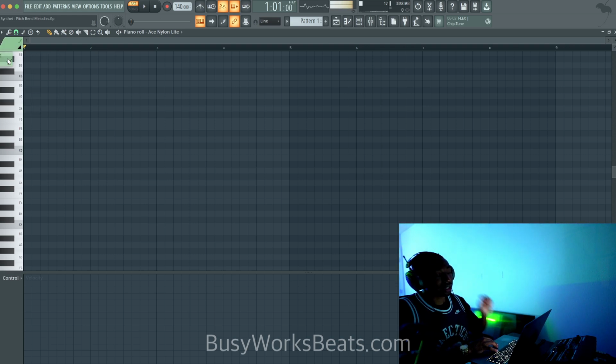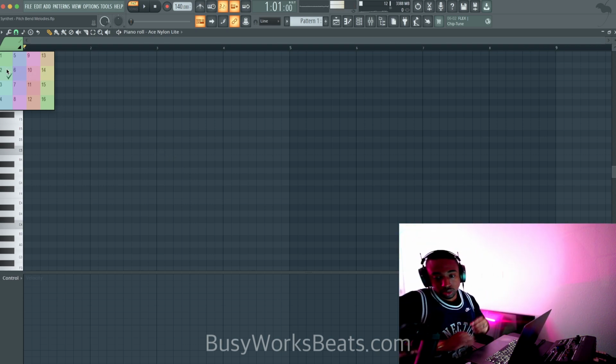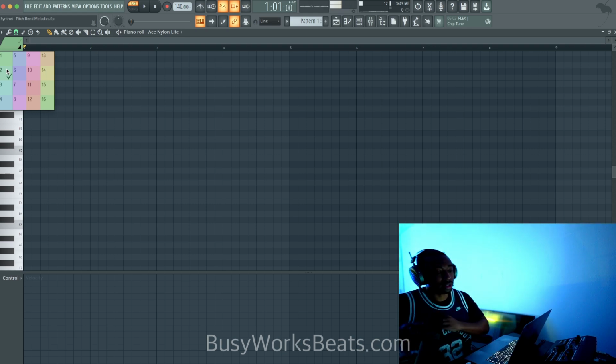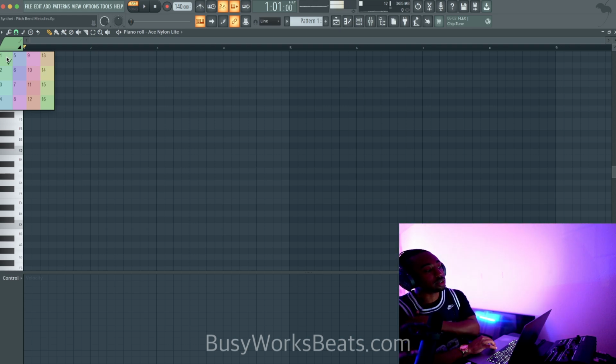Let's left click. And again, do not get used to this if you don't understand that this only works for stock plugins, because you could easily draw in notes on third-party plugins and wonder why your thing doesn't make a sound. Okay, so I'm not trying to confuse you here. So be careful to understand that this does not work the same way with third-party plugins.